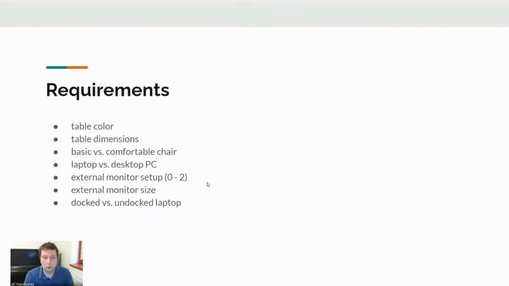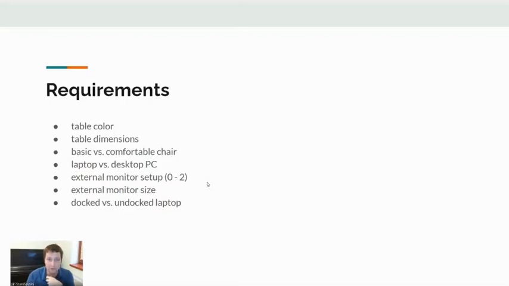So we have these requirements. We want to be able to change the color of the table. I mean, you can imagine what a workspace is, right? It's just a place in Salsita where you have your table, your chair, your computer, and stuff. So once you join the company, you can say whatever you want there, and Janko or Simona buys the stuff, and Janko then takes his screwdriver and assembles everything, and then you just come and magically your table is ready. So we want to automatize this a little bit, so I implemented this